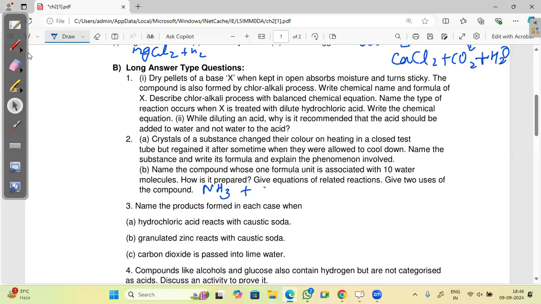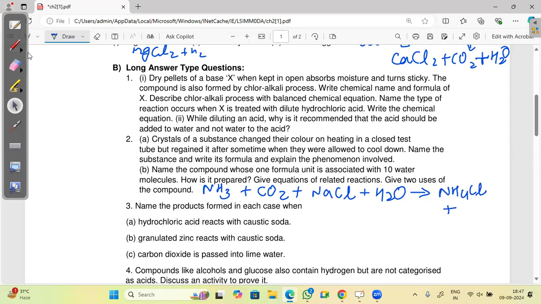carbon dioxide. Anything else? Did we use NaCl? Yes, sir. NaCl, then one more. Was it water? Yes, sir. So what all did we get here? Ammonia, carbon dioxide, sodium chloride, and water. So we get ammonium chloride, NH4Cl,